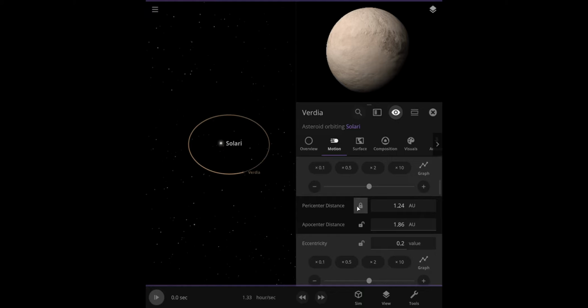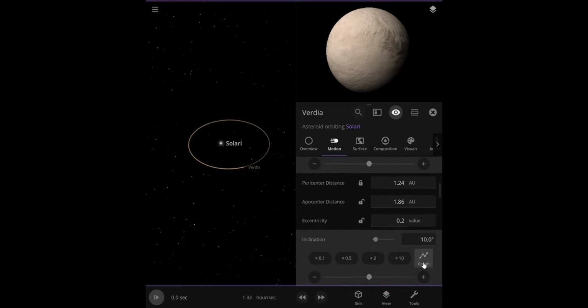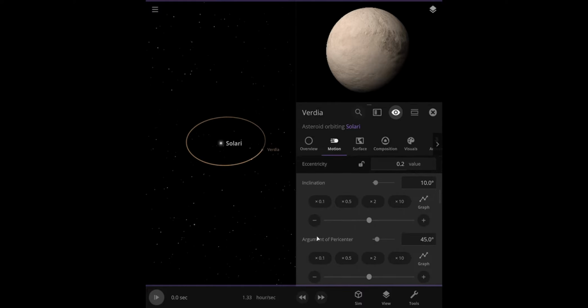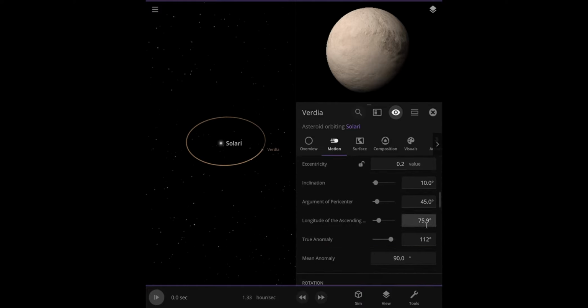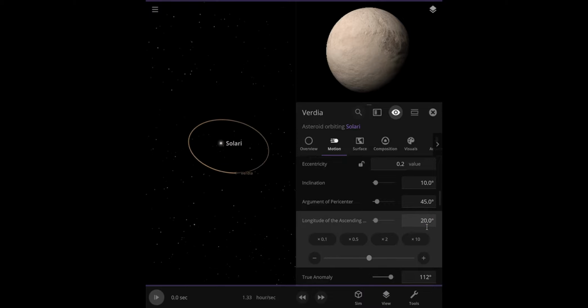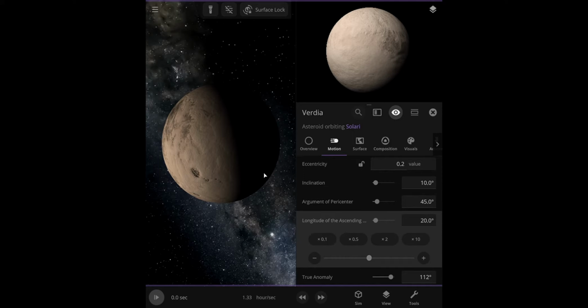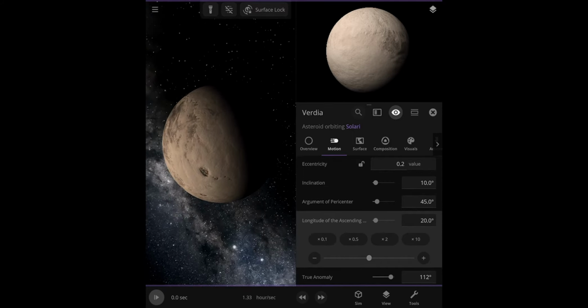Eccentric still, and had an inclination of 10 degrees, with an argument of periapsis of 45 degrees and an ascending node of 20 degrees. But also I asked ChatGPT to give me some random values for the planet, and it did. So for planet Viridia, it is,